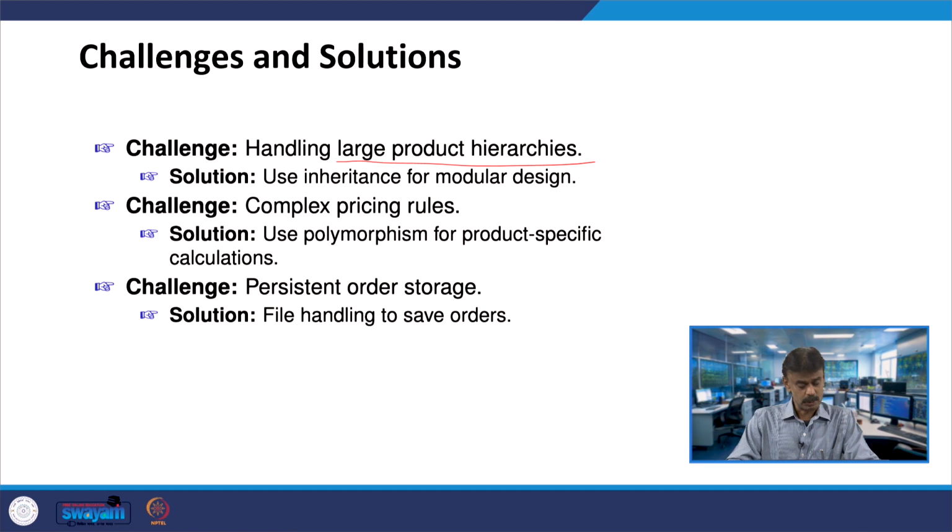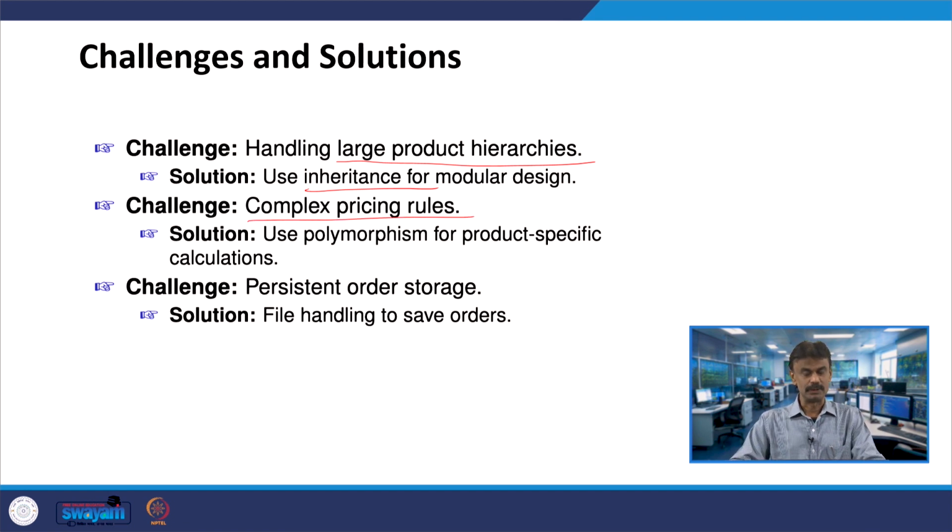In that case, when the products are large, you have to follow a few hierarchies. We had seen clothing, electronics, and like that you have to build the bigger one. So, the solution, of course, is to use inheritance for modular design. And the next challenge is complex pricing rules.